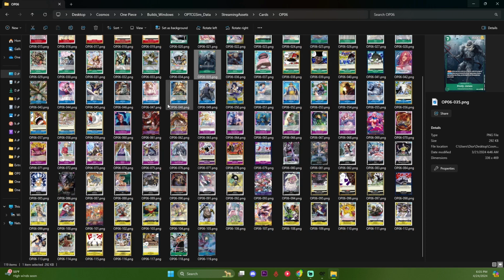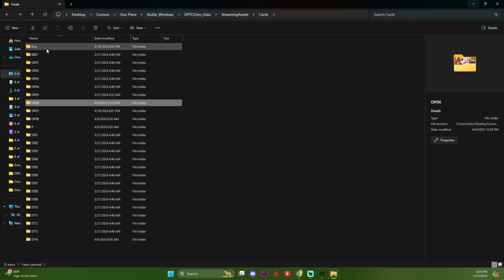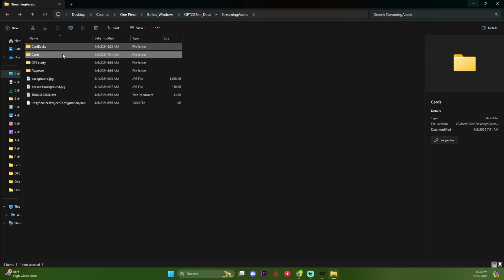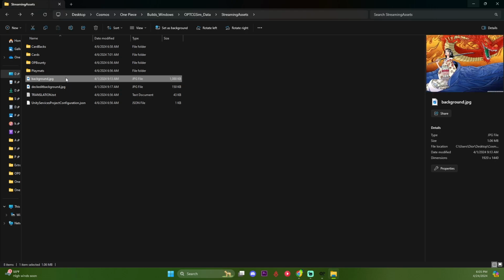And you guys are probably wondering, okay, I downloaded the sim, how do I end up getting the custom alternate arts and maybe a custom don right here, like as you guys can see, or even possibly how do you get a custom background like how you guys see in all my videos. So first off, let me talk to you guys about the background. If you guys want to get a custom background like what you see in a lot of my gameplay videos, you see it shows you right here background